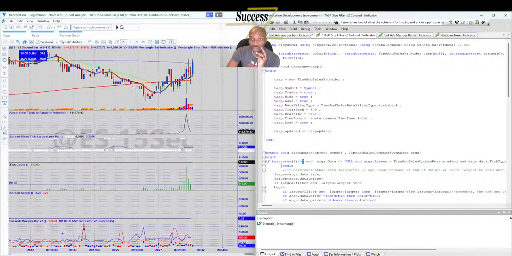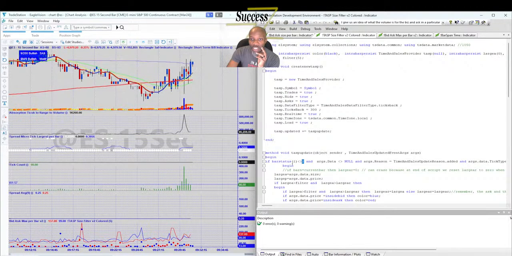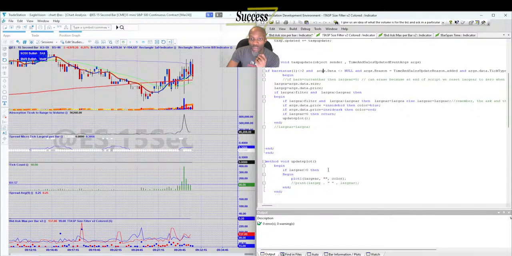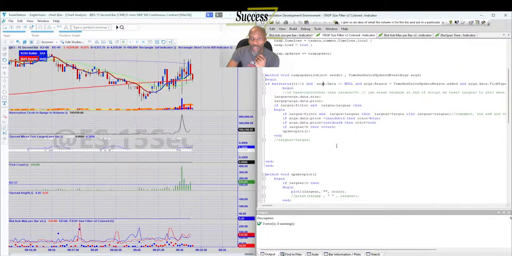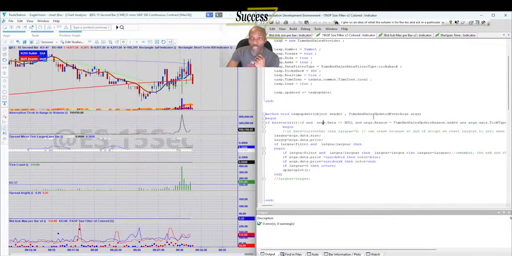The close of the bar would be 2, so that's why we're saying if it's anything but bar 2, and we could have gone with 2 also, but if args.data is not null, which means that there's something in args already, and the reason for the update is this reason, that there was an event added,